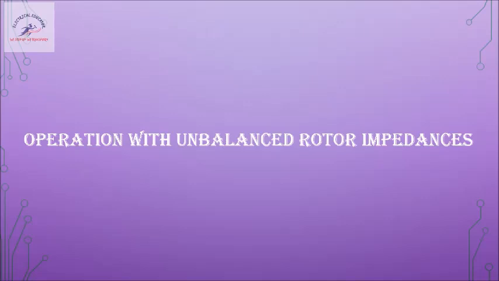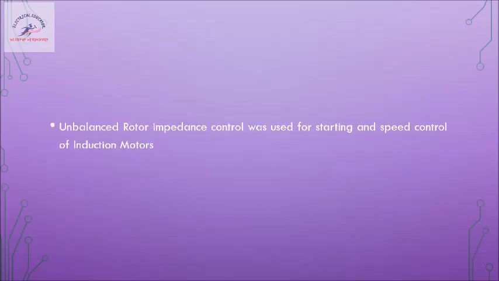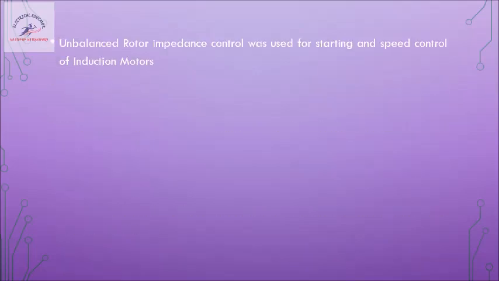Whenever I say impedance, it is a combination of resistance and reactance with respect to the motor. We are not speaking about capacitance here because a motor has a winding. Here we are speaking about rotor impedances. We will consider that the rotor is also three-phase, whether it is a squirrel cage or a wound rotor, so the equivalent resistance and reactances will be split into three phases.